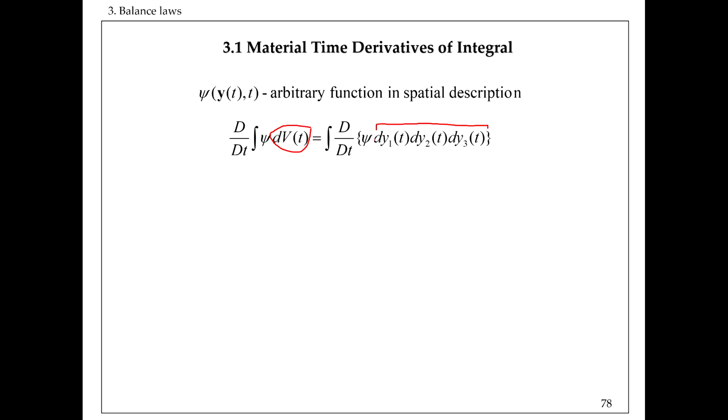Right, so then basically we can see that there are 1, 2, 3, and 4 multiplicators here. So we take the time derivative of all these 4, and so we have 4 terms, right? First we take the derivative of psi and multiply it with dy1, dy2, dy3, so we don't touch them. Then we take the time derivative of dy1 and then it will be multiplied by psi, dy2 and dy3 and